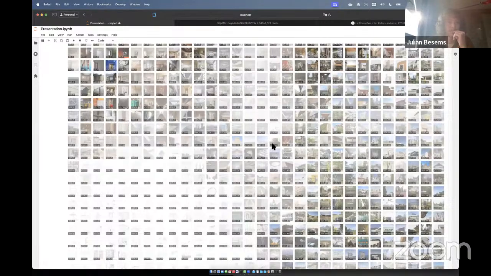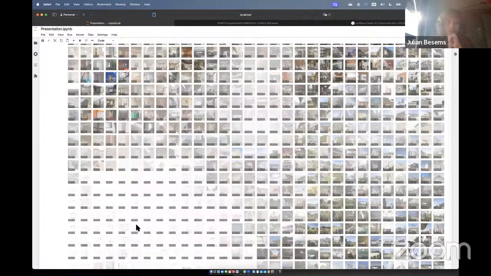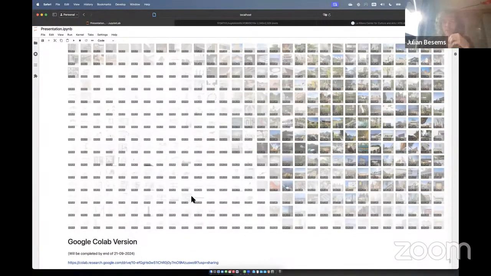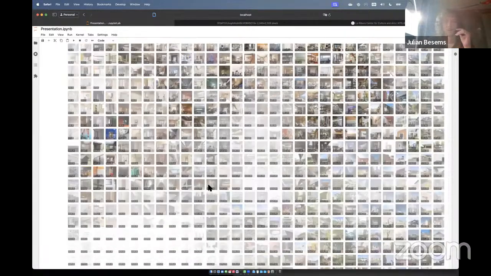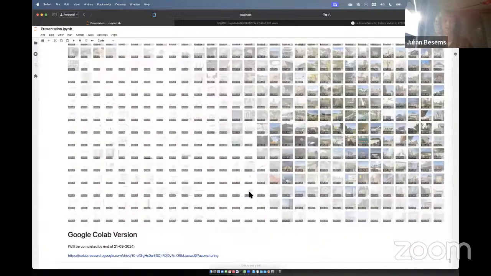So I think we'll leave it there. I'll upload a Google Colab version of this where it's a bit more curated, so that you can use it for a set of images and a set of descriptions that you got from somewhere to start playing with that a bit more. I'll update that by end of today, and it'll be this link. Okay, thank you very much.